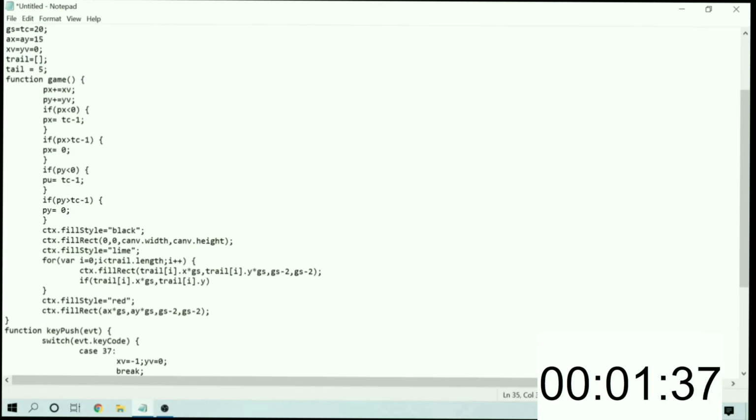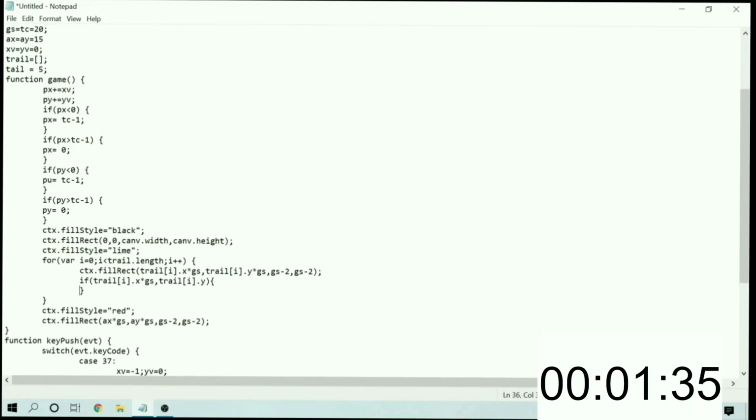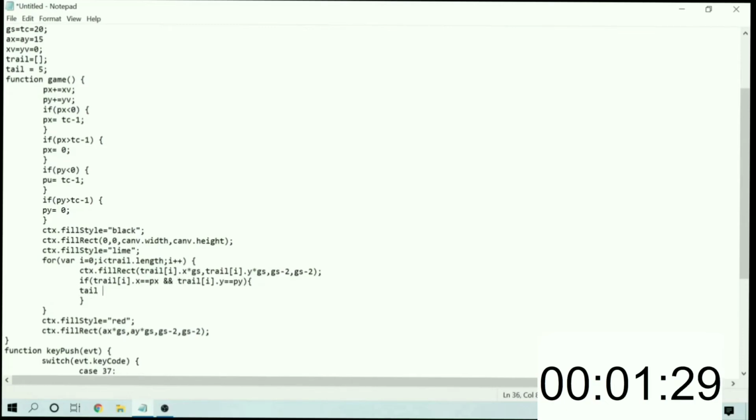Here's our x and y, which will be part of the mechanics of a snake game. As you step on your tail, you are in trouble. So we can do that really easily here. By doing this, if it matches on x and it matches on y, then tail length is going to go back to 5. Speaking of matching, we also need to check and see if we stepped on that apple.